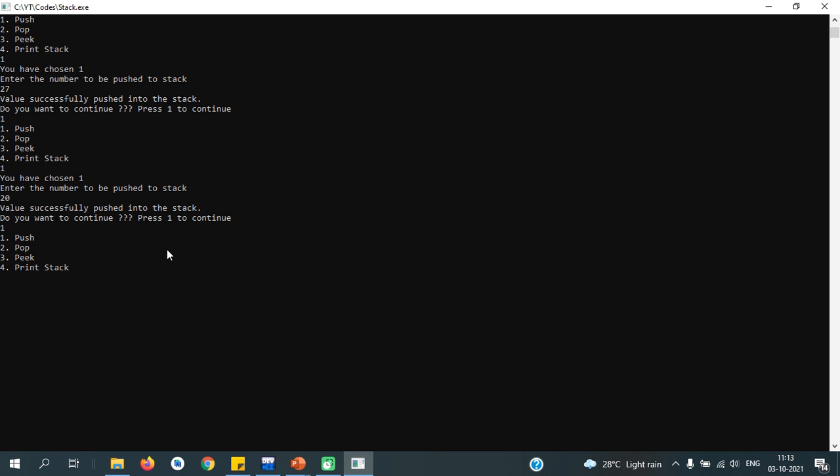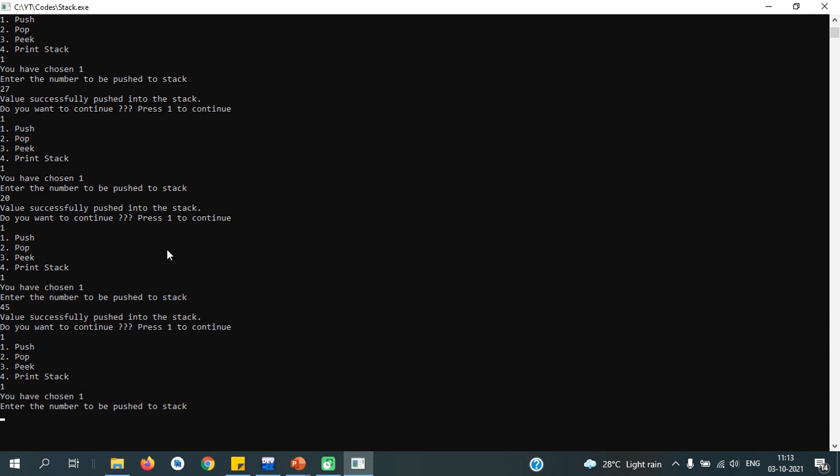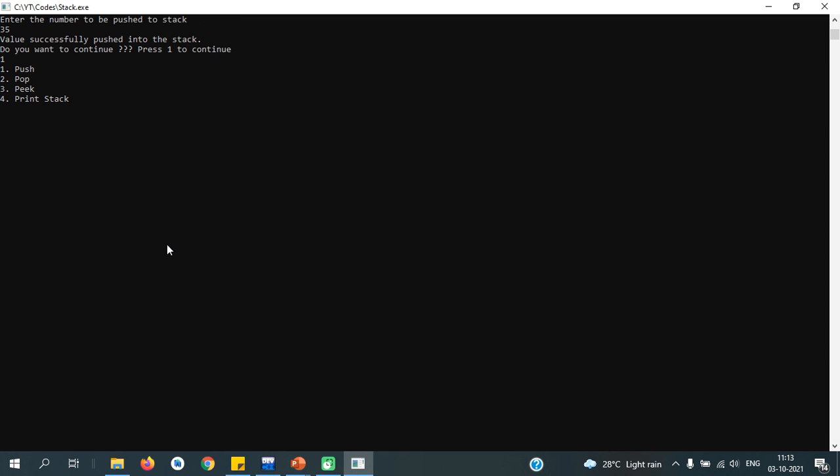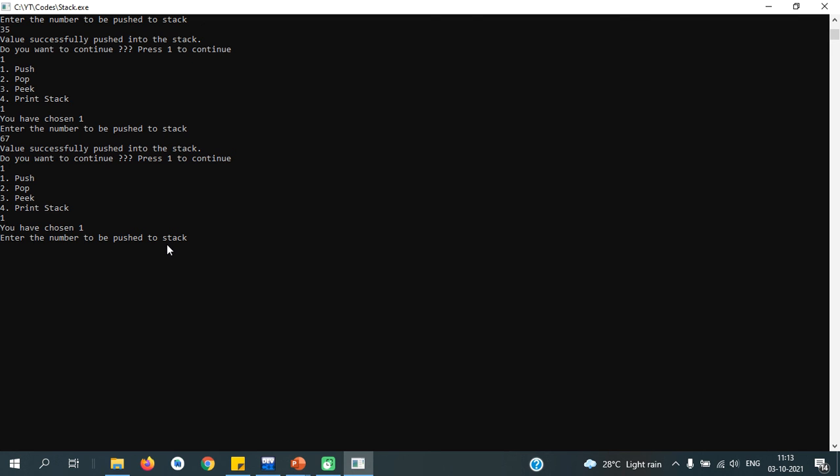Seventh value, I think. 45. 35. 67. Push value 98. So after the 10th element, it is telling us that the stack is full.